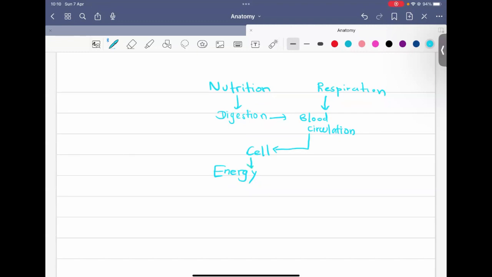Did you notice I mentioned carbon dioxide? What is carbon dioxide? It's a waste product. If it accumulates in our body, it is toxic. So what should we do? We should remove it. It is a part of the biological process, so then you have excretion. I wish to say you have excretion also in this unit. Then you do excretion. Now you can see the digestive system, circulatory system, respiratory system, excretory system, everyone